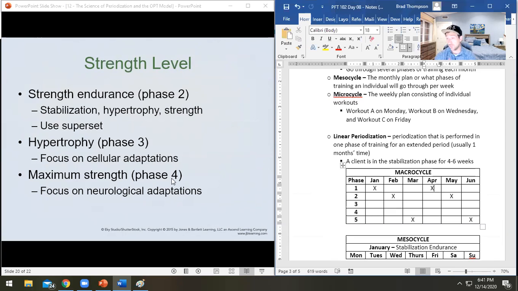Then we got the hypertrophy phase, right? Hypertrophy is all about maximal muscular gain, right? That's cellular adaptations is what you'll hear NASM say a lot. The idea is that you are growing tissue,